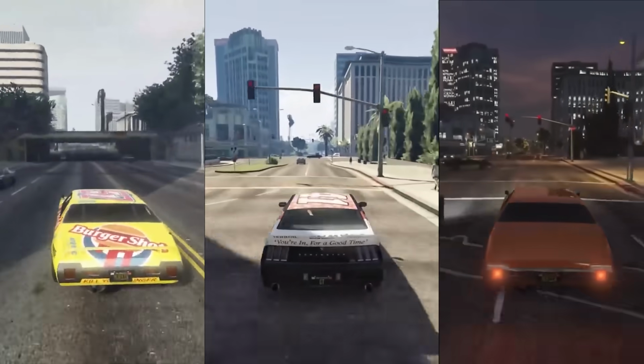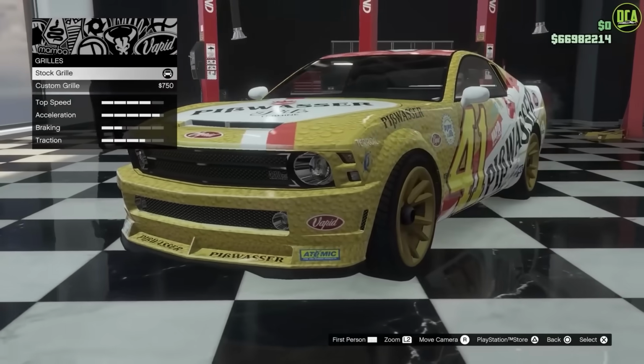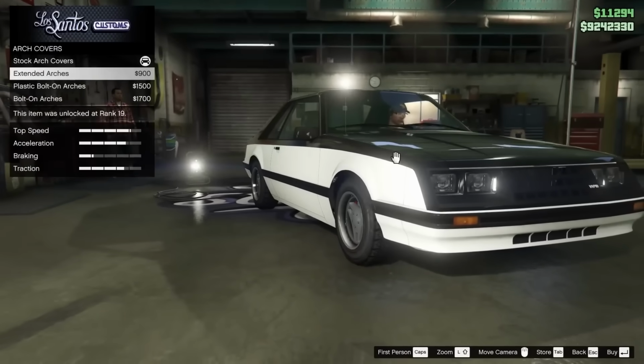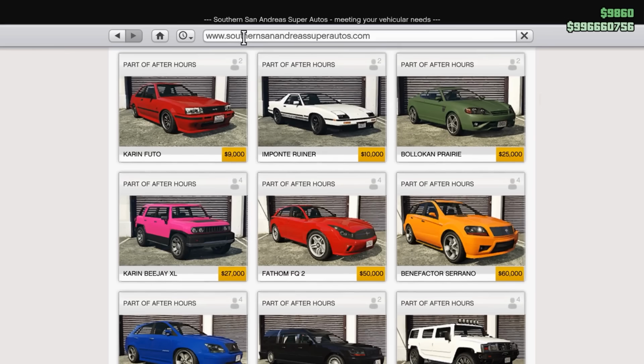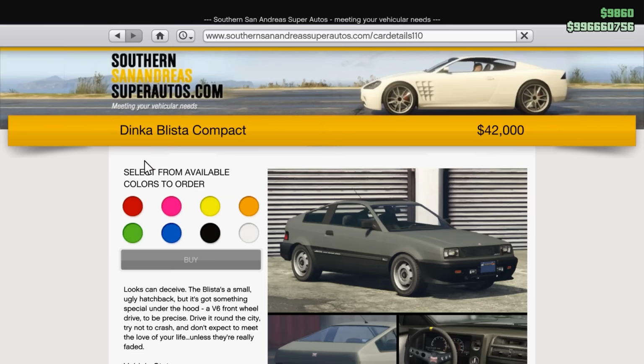All of these are going to perform just about in the same ballpark, except for the Pisswasser Dominator, which is going to be one of the top 3 fastest muscle cars in the entire game, alongside the Dominator FX, as well as the Arena Wars Dominator. Now, while you're in Southern San Andreas Super Autos, you can also grab the Dinka Ballista Compact, which is basically